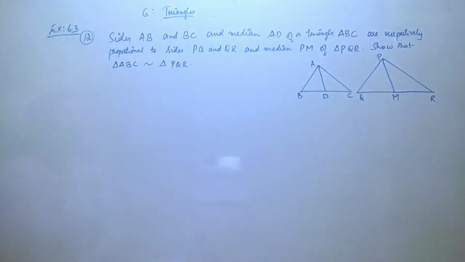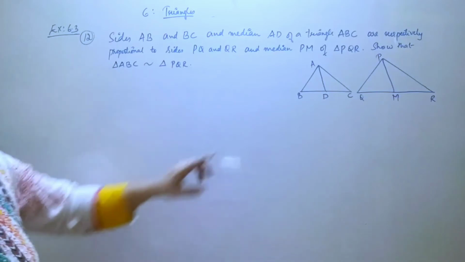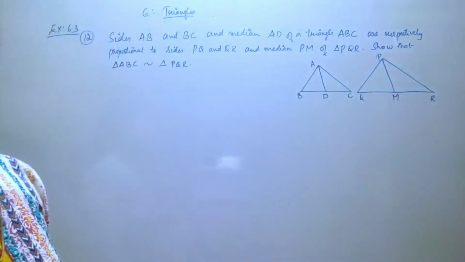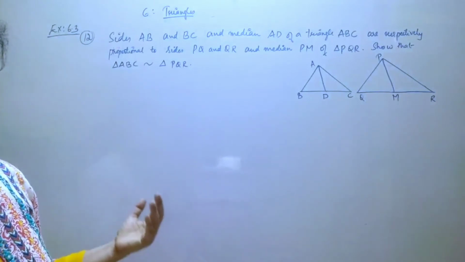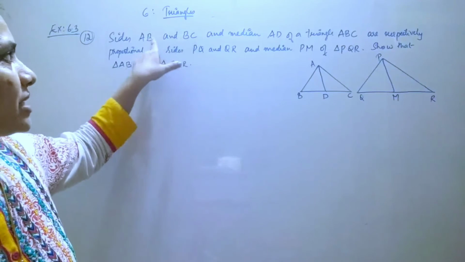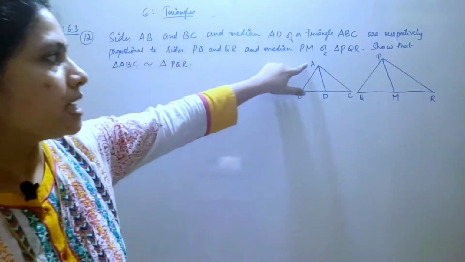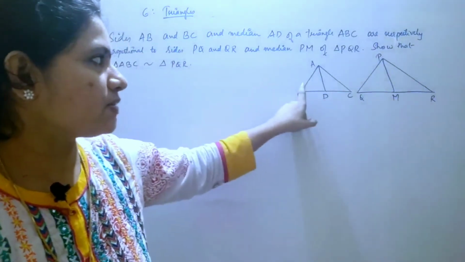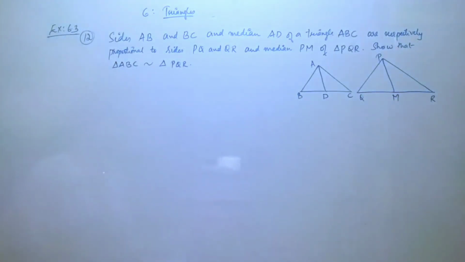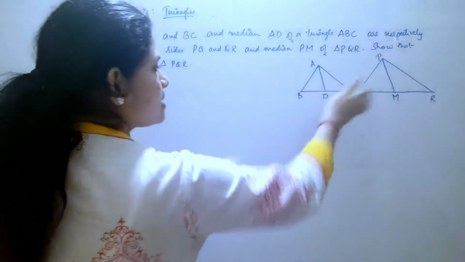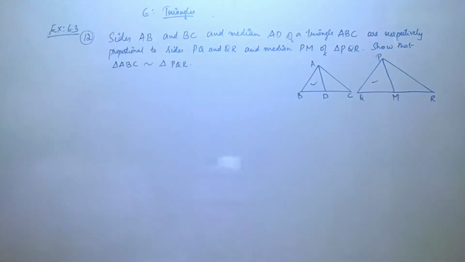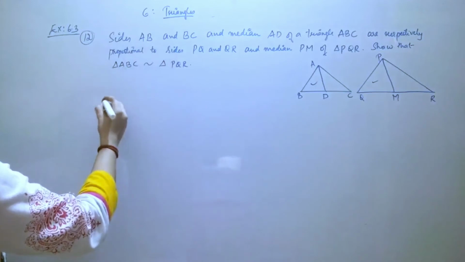For that, what we are doing is, first we will show that the triangle ABD and triangle PQM are similar. Now why we are showing that triangle to be similar is, from the question we will get two sides, that is this and this side. That means we need to get one angle also in between them. For that purpose we are just making these two triangles as similar. So our first purpose is to make these two triangles as similar. Okay, now we will start from what is given in the question.